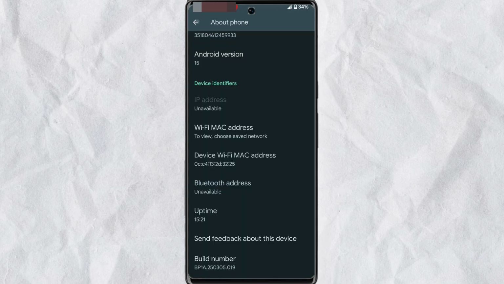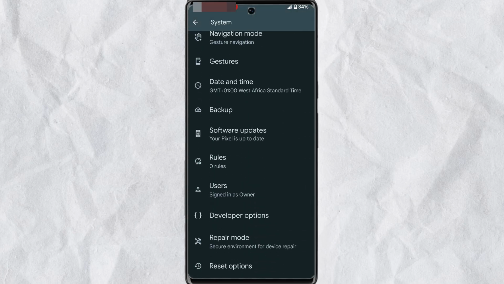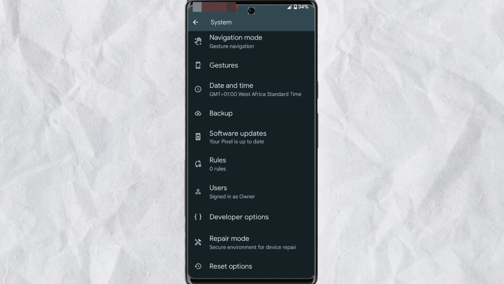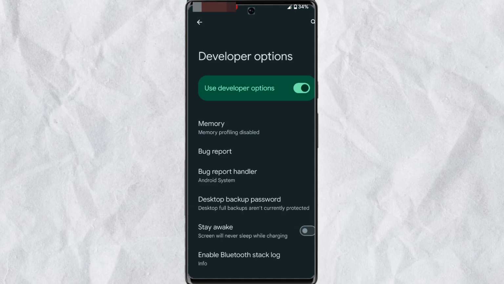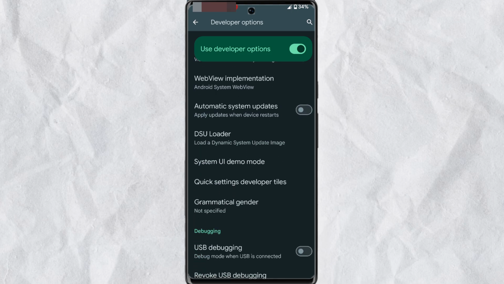Developer options will be enabled on your Android phone. Now simply tap on back, and here you want to tap on settings this time around. Under settings, you scroll down a little and you find the developer option. Tap on developer option and you'll be able to find all the developer features you can have access to with